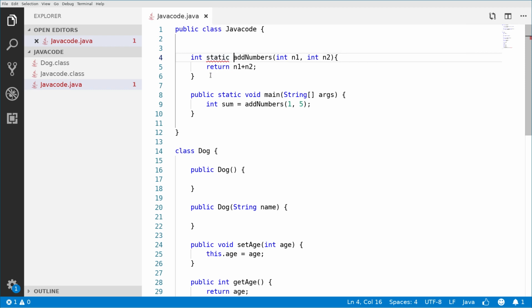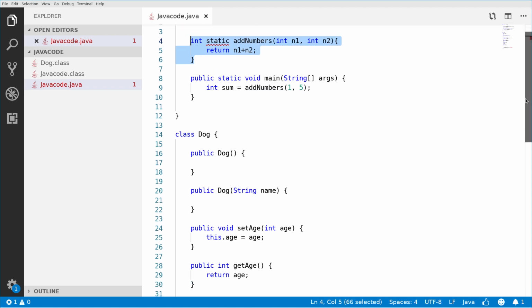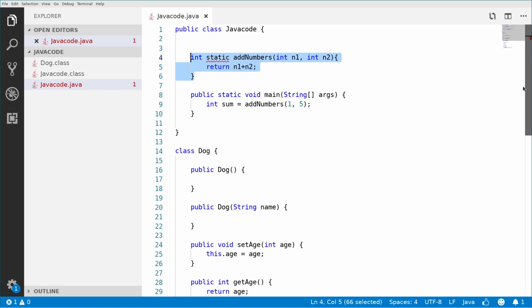So let me see. So this is basically because we're using this main method that is kind of mixing us with this. So we don't say first int static, right? We have to say static int, right? Static int. And that is how we define a method.